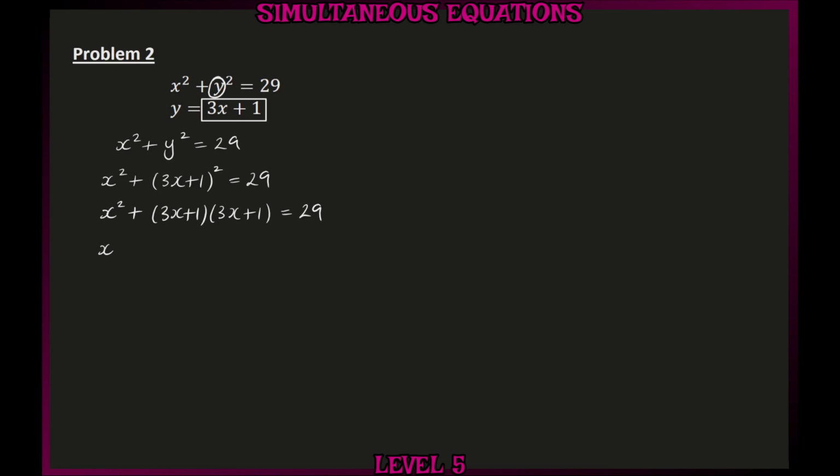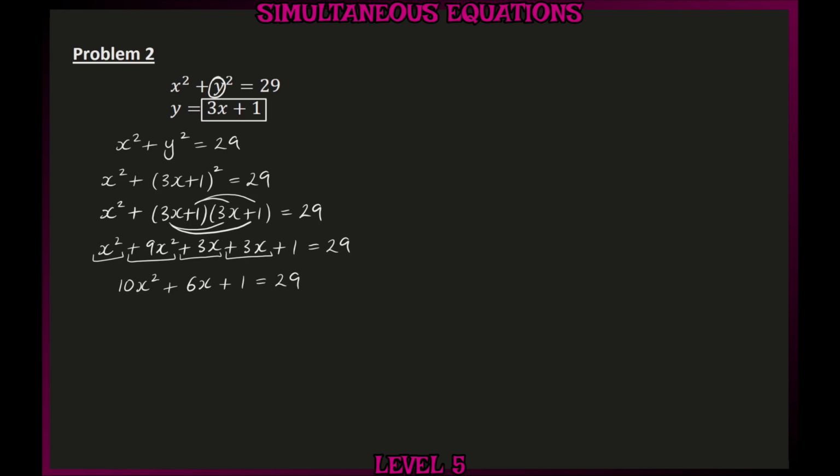So we now have x squared, 3x multiplied by 3x is plus 9x squared, and 3x multiplied by 1 is plus 3x. We then have 1 multiplied by 3x, which is plus 3x, and 1 multiplied by 1, which is plus 1, and that's equal to 29. We can now simplify the left by collecting together the like terms. So we have a 1x squared plus 9x squared, which gives us 10x squared. We have plus 3x plus 3x, which is plus 6x, and we have a plus 1 at the end, and that's equal